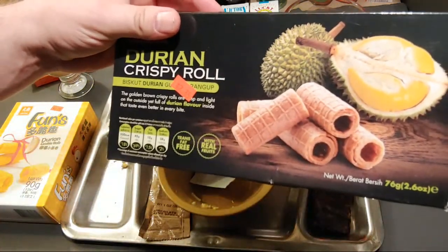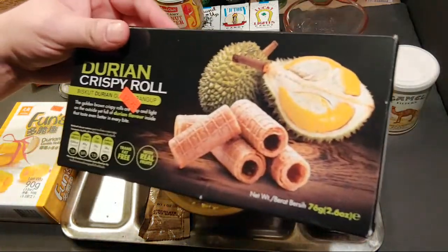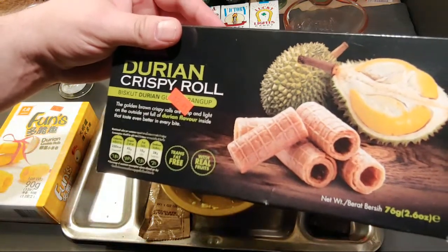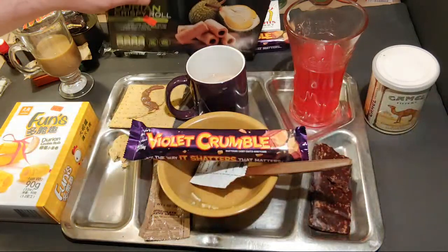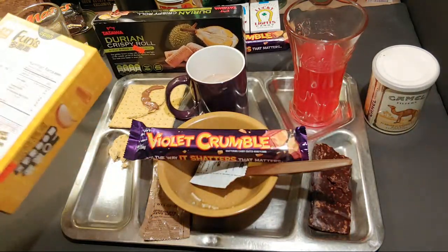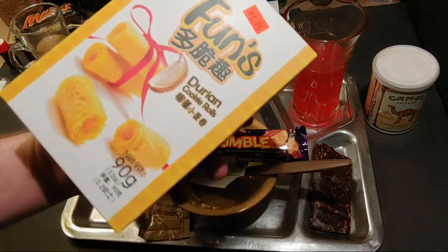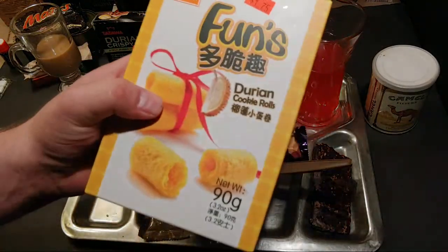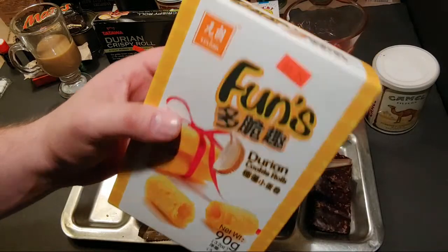So this one says the golden brown crispy rolls are crisp and light on the outside, yet full of durian flavor inside that taste even better with every bite. Oh, I'll bet. Let's see if this one's got a description on it. It does not look like it does. This one is just a durian cookie roll. It kind of looks like one of those soft little cookies. A 90-gram box of these things,